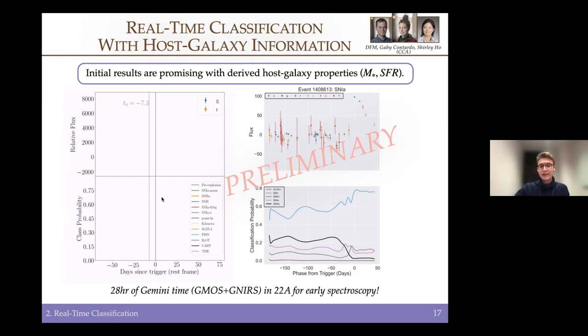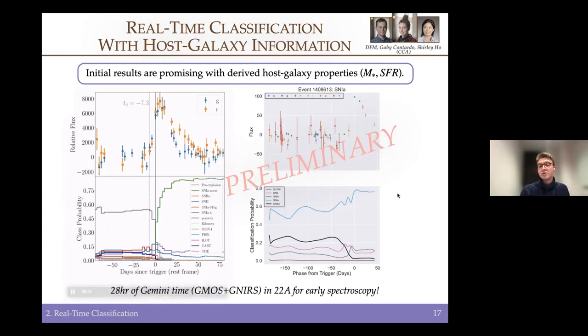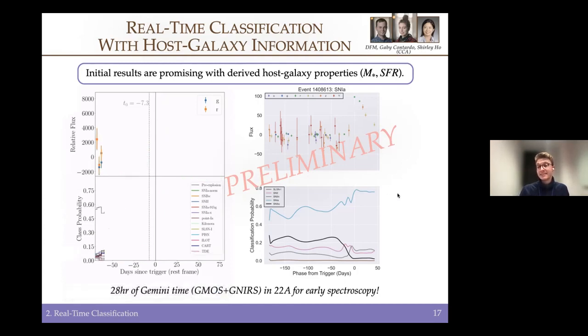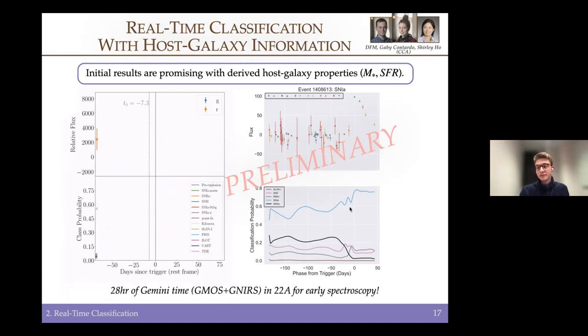On the left, as we talked about before, we have the rapid light curves and the classification probabilities. Before trigger, you have very low probabilities of belonging to any of the classes by design. On the right, we're trying to build an analog using a recurrent neural network that takes into consideration host galaxy properties. Again, these are very preliminary plots, but I wanted to show them anyway. To first order, you see that you can get some information about the classification probability before the trigger occurs from the host galaxy information.